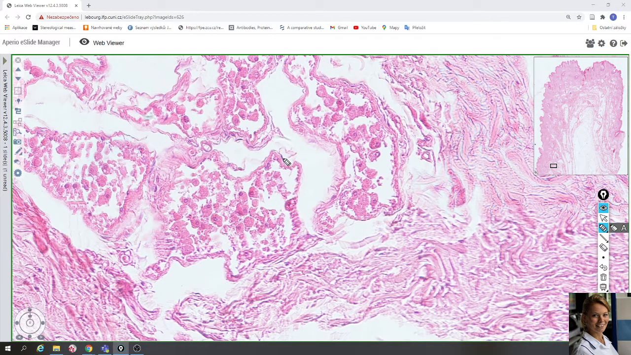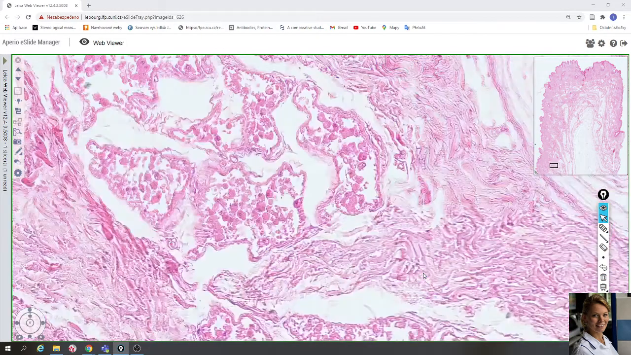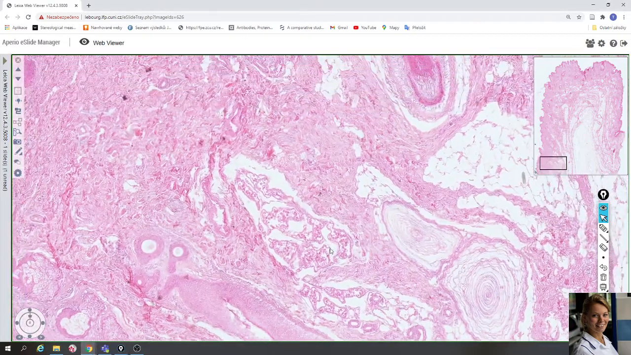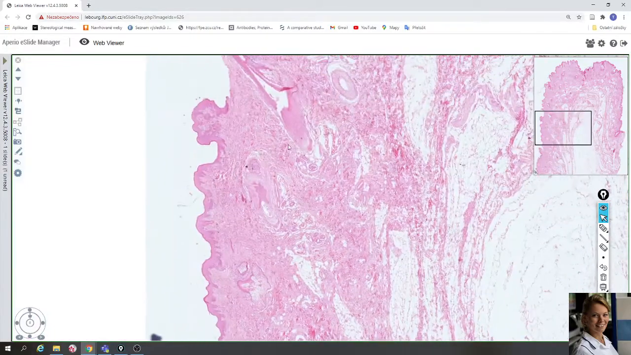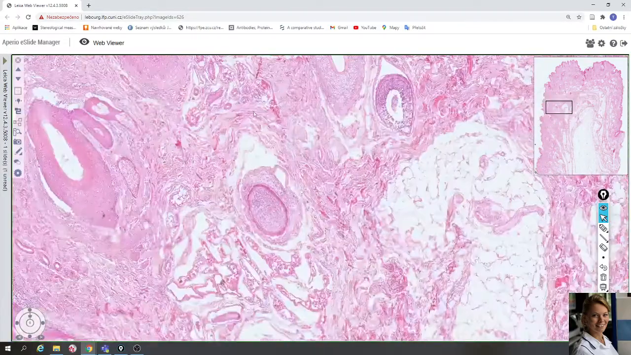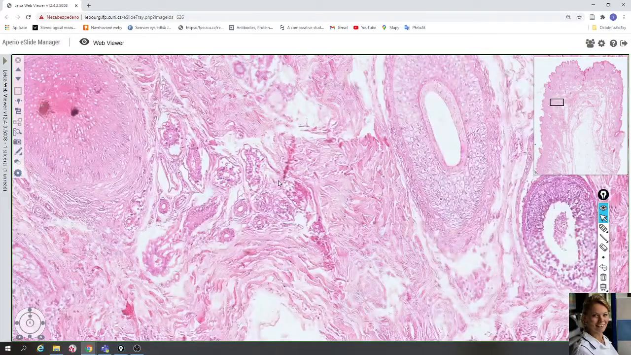Here you can see flattened or squamous nuclei of the myoepithelial cells, which are a contractile type of cells, and these cells help to move the product to the duct. So this is the apocrine sweat gland, and for example here you can see the last type of skin glands,